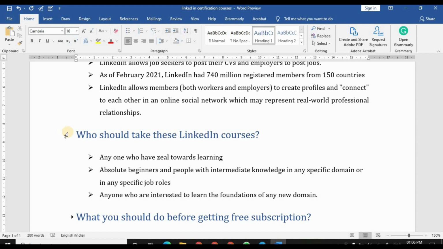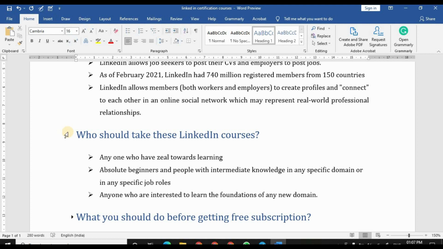The second set of people are absolute beginners and people with intermediate knowledge in any specific domain or job role. You are also allowed to take the courses. And the third is anyone who is interested to learn the foundations of a new domain. For example, I already work in cybersecurity, but now I would like to develop my knowledge of cryptocurrencies.